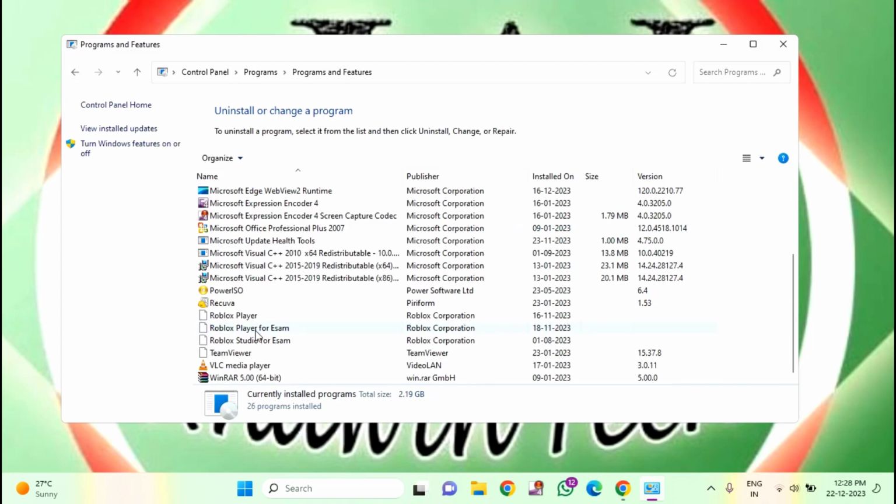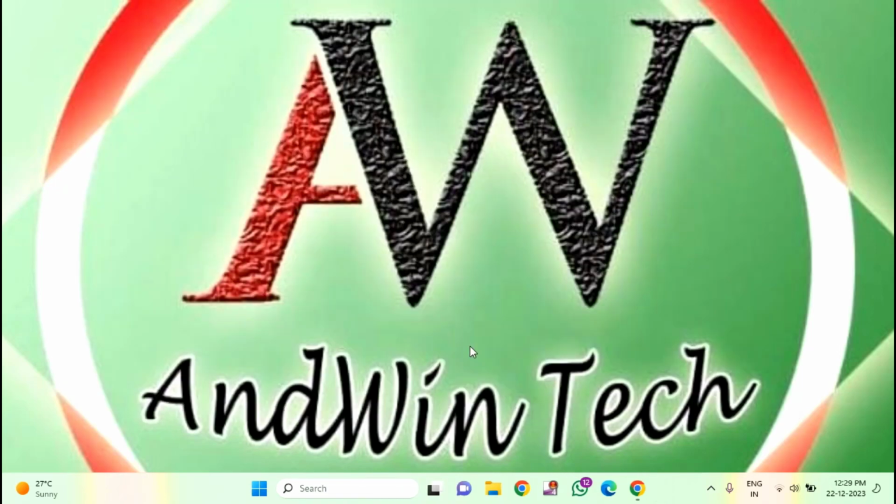After that you need to find Roblox. You can see Roblox. Right click on that, then click on uninstall. After uninstalling all of this, restart your PC, then open the Chrome browser,